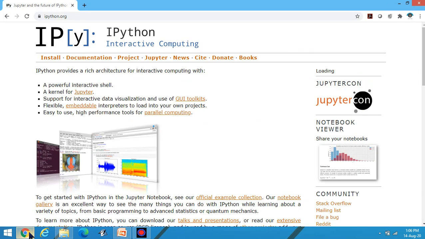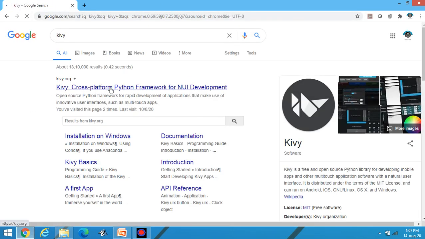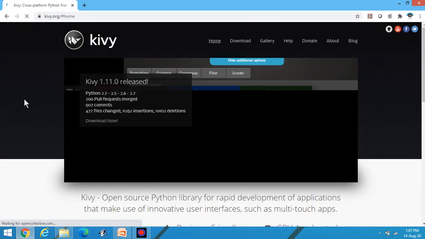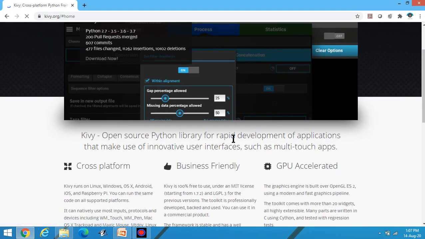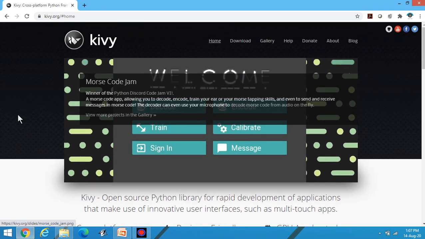Suppose I am searching for wxWidgets or Kivy. You can check Kivy here. Cross-platform Python, this one. Open source Python library for rapid development of applications that make use of innovative user interfaces, such as multi-touch applications. You can design the contents.